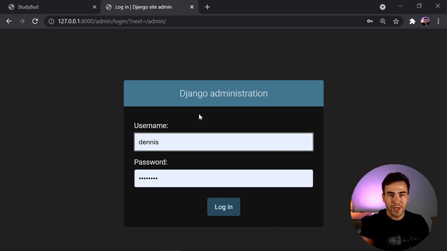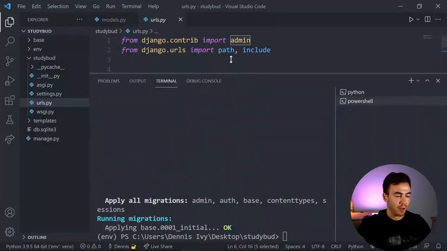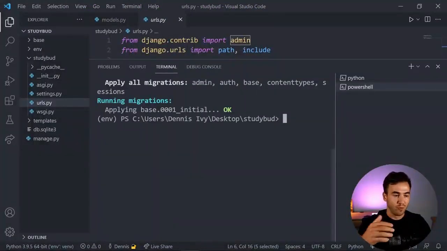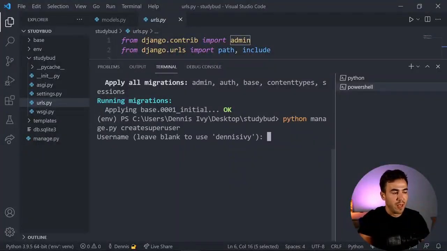And in order to log in, we need a user, and this user specifically has to have admin level permission. So we're just going to create this from the command prompt here. We'll generate that user, and then we'll make sure that we can actually see this data. So let's run python manage.py createsuperuser. It's all one word. By default, it's going to follow the computer name, or whatever my username is on the computer. I'll just add in Dennis, and then we'll just do